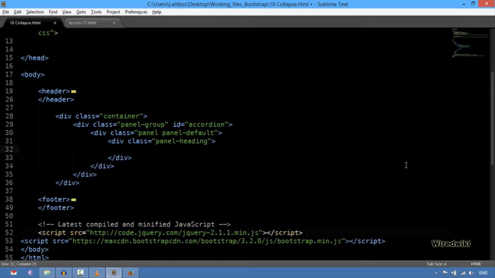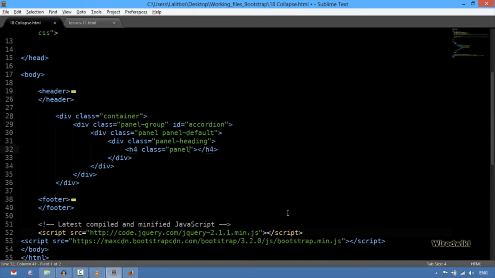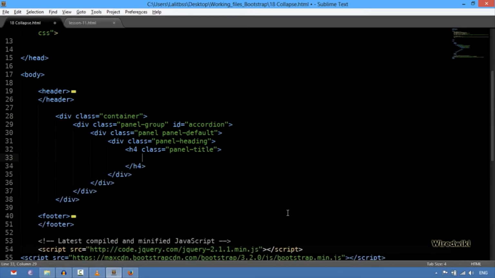Inside my heading, first of all, I'm going to create an h4 heading with a class of panel-title. Inside the h4 I'm going to create an anchor tag with a reference of collapse1, data-toggle is collapse, and data-parent